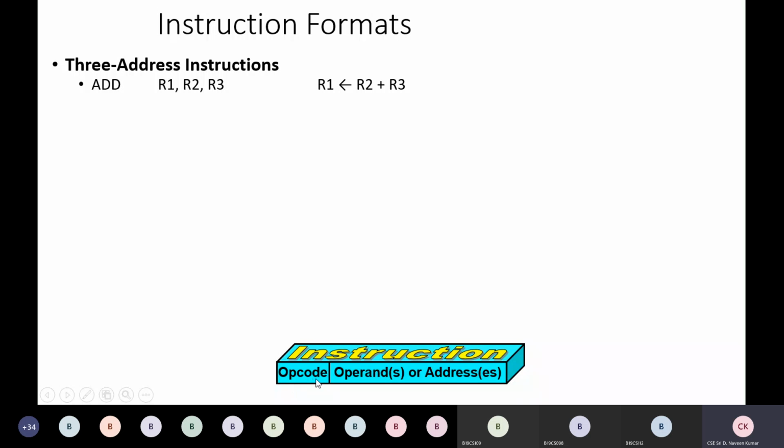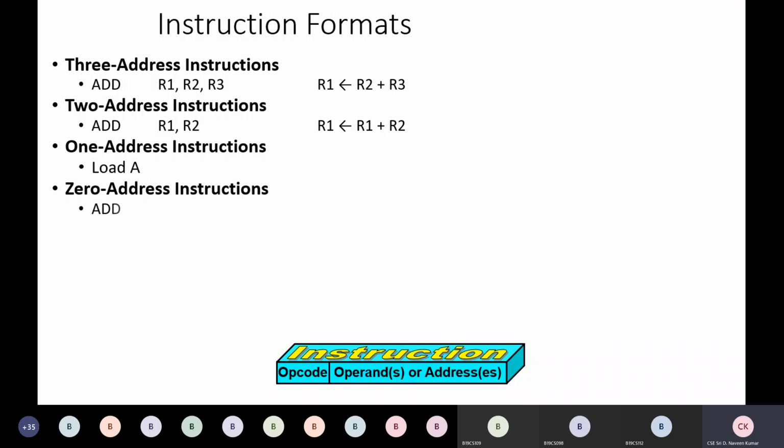So here the opcode is add. Add is the opcode, and the operands, or we can say addresses, are R1, R2, R3. They refer to register addresses. Okay. All right. So we already seen the three address instruction format, and the two address instruction format we had seen